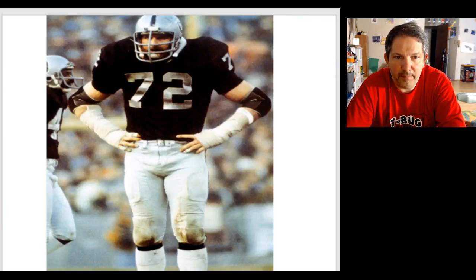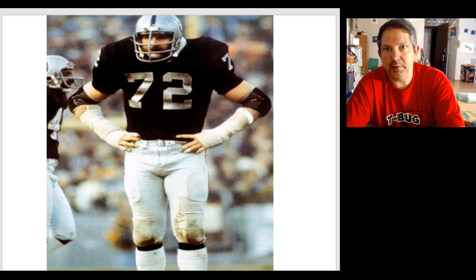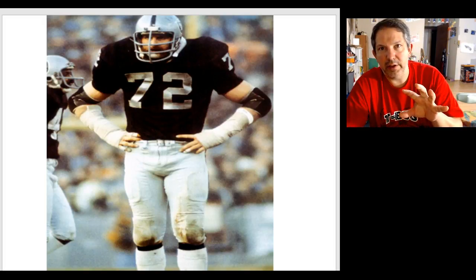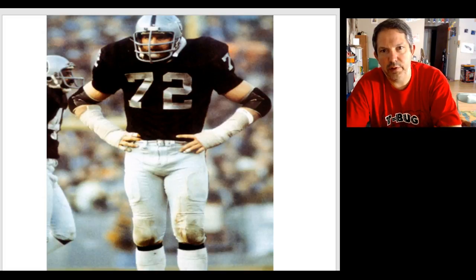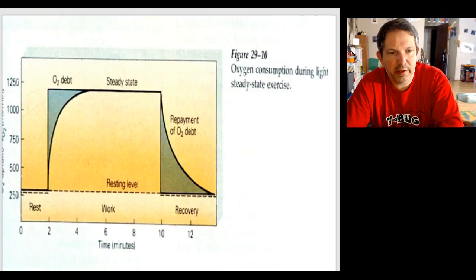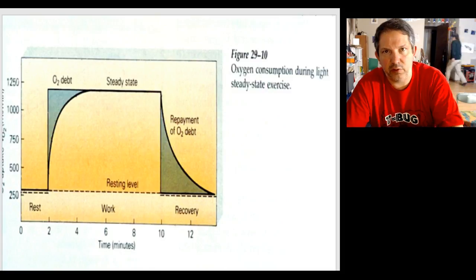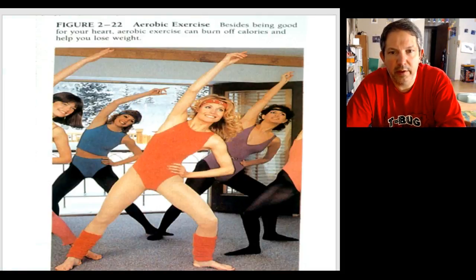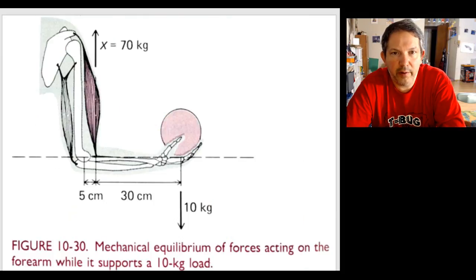Okay, I'm not going to go into right now the high energy intense use of muscles versus long-term aerobic use. We talked about that a little bit on the phone, but